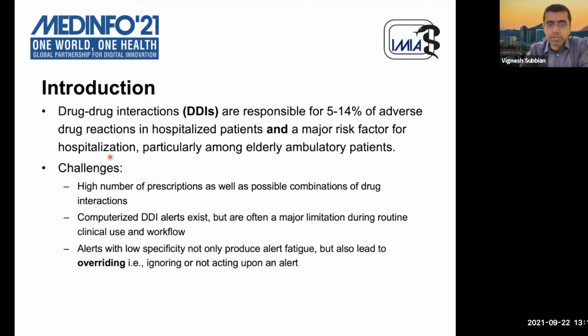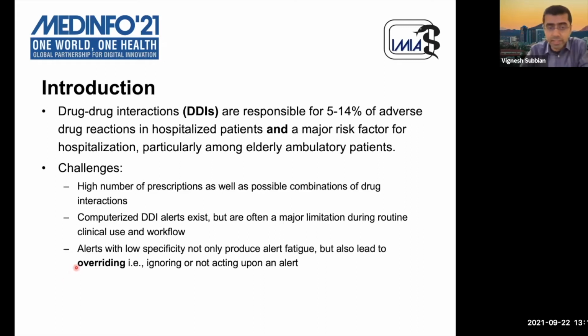There are quite a number of challenges related to DDIs. The first is the high number of prescriptions, as well as the possible number of combinations of drug interactions. Of course, to overcome this problem, we do have computerized drug-drug interaction alerts. They do exist. However, they come with several limitations in terms of use during clinical practice and workflow. And one of the limitations is